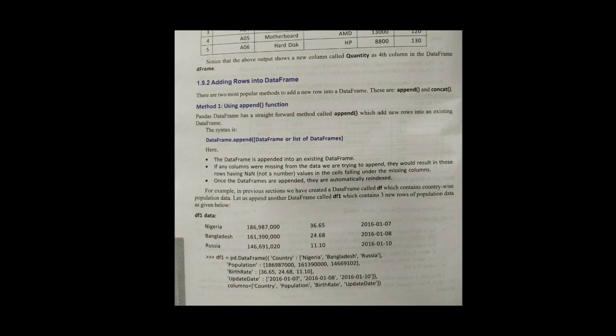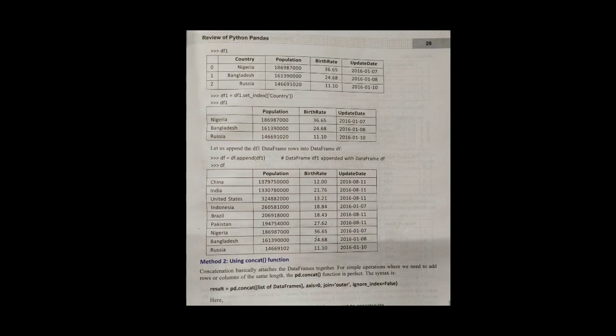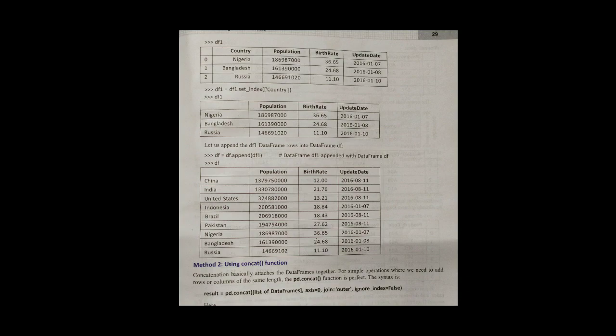Here we have added 3 values for country, then 3 values for population, 3 values for birth rate, 3 values for the update date, and we have provided column names as country, population, birth rate and the update date. So see how it will display. It will display country, population, birth rate and update date. So now we have created a new data frame, df1, which contains values for Nigeria, Bangladesh and Russia.